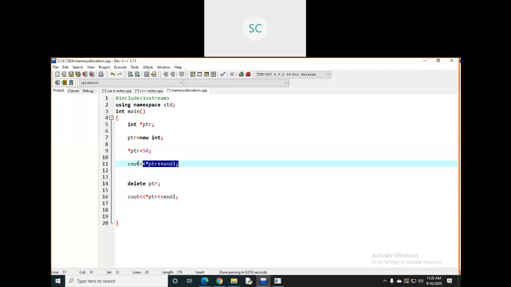Up to here you have the memory, and you have that value as well. At this point you are going to delete the memory you have allocated for that ptr. After deleting that memory you are going to print something. Let's see what happens.